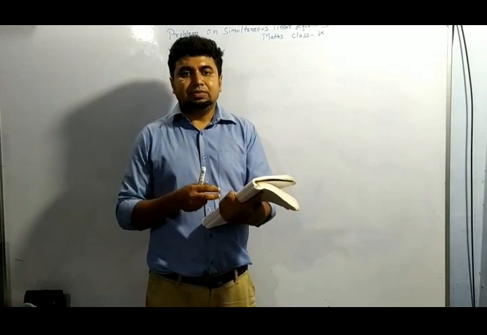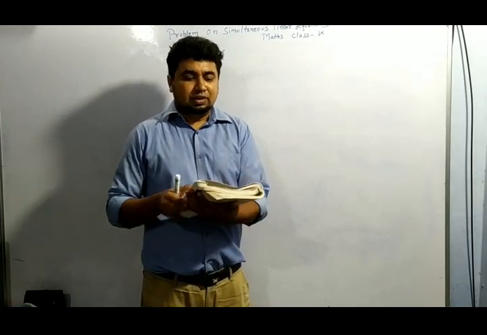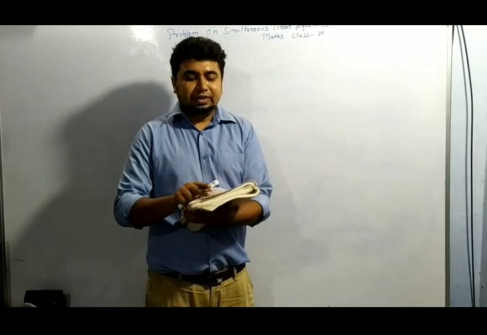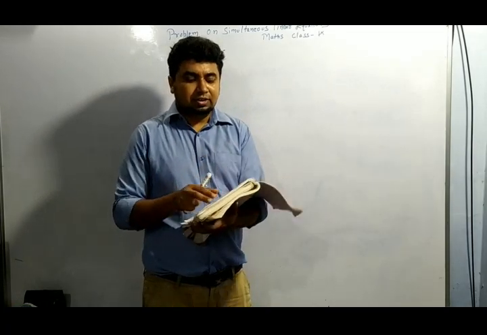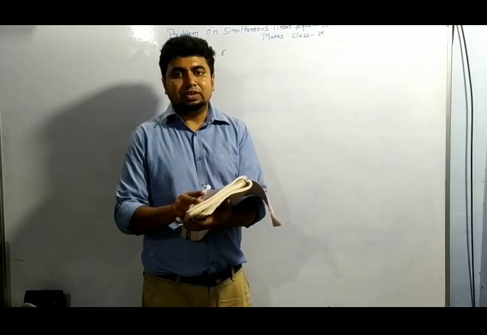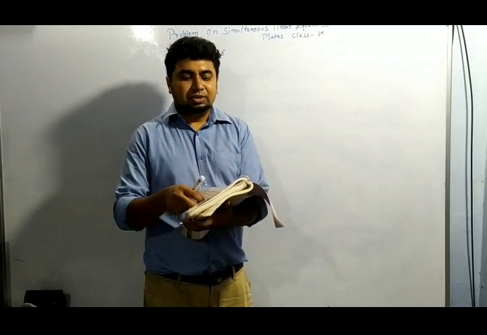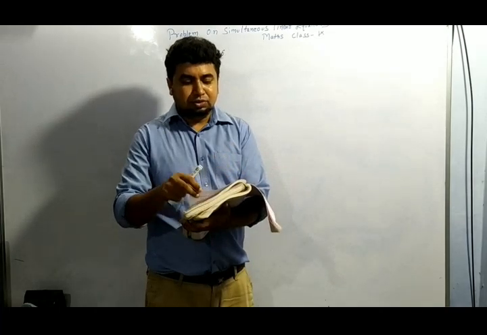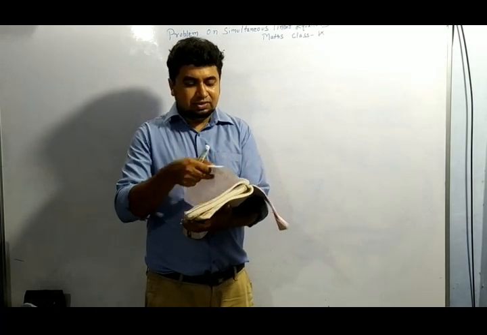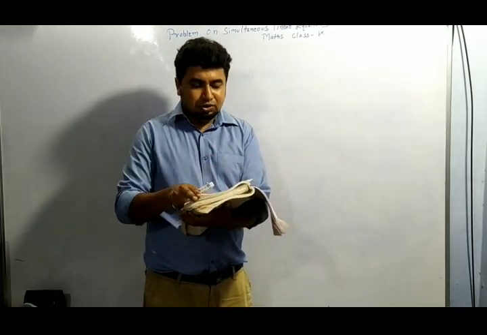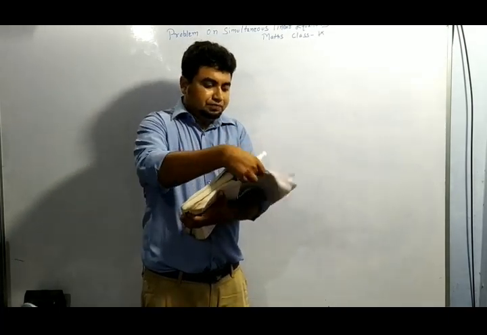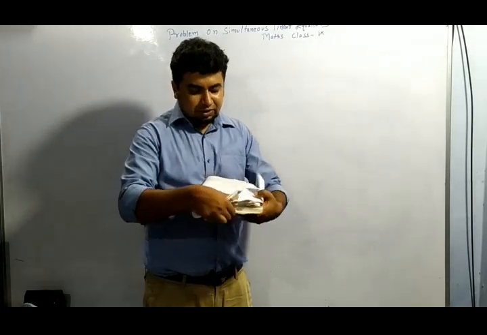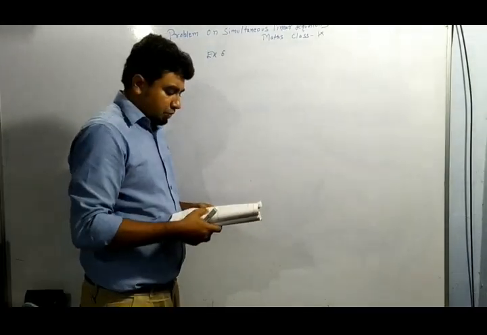Any of the three we can use for finding the values of x and y. Simultaneous linear equations means I will be having two variables. Now we will be discussing some of the questions related to it. We are in exercise 6, and I am going to discuss some of the questions, starting with question number 1.